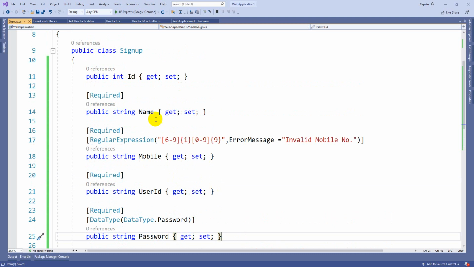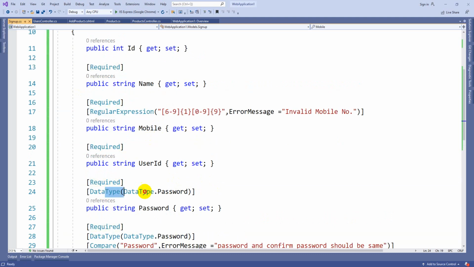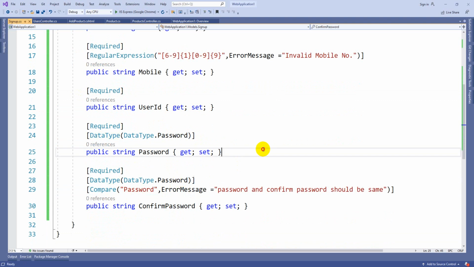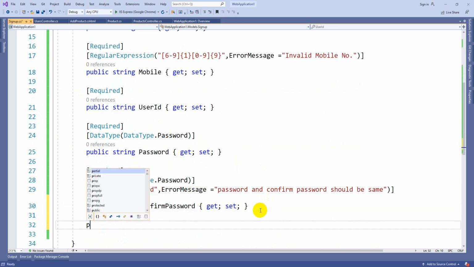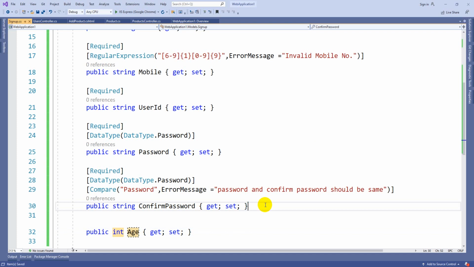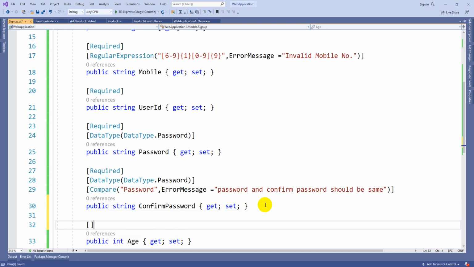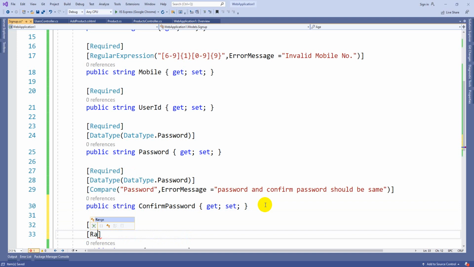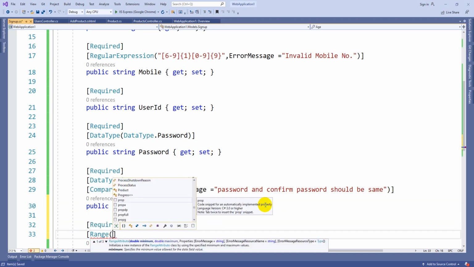If you observe, what are the properties we covered? Required is one, regular expression, data type and compare. These are the required attributes. One more should be there. Let me try if it is working. So this is required, range attribute.